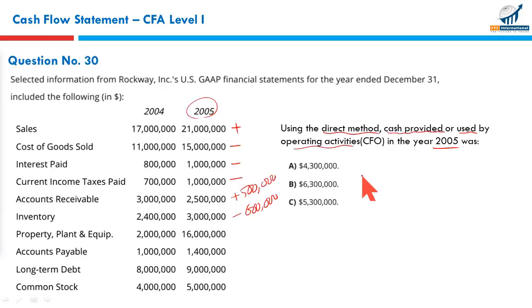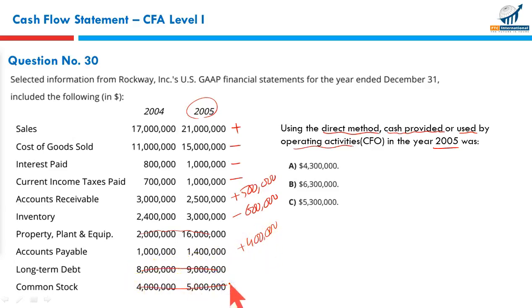That was the point. Since in this question we have been given CGS, we haven't been given the net purchase, so we have to consider the impact of inventory. Since inventory balance has gone up, it represents an outflow. Property, plant and equipment, it has nothing to do with the direct method. Accounts payable have increased. If they have increased, representing we didn't pay them, by not paying them effectively, we have increased our cash flow from operations. Accounts payable have gone up by 400,000. Effectively, it's an inflow.